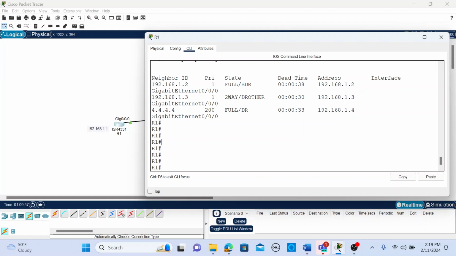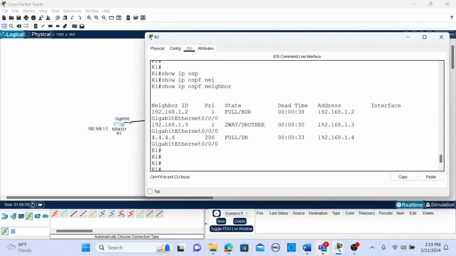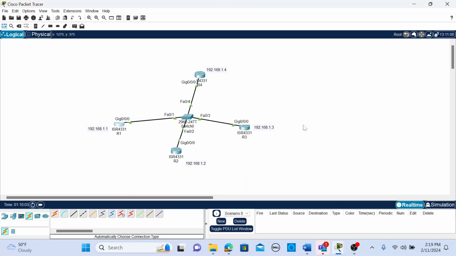So I think that's how you select the DR BDR election. I know I haven't talked about in what state this DR BDR election happens, but basically, a few things you have to remember: in order to become a DR or BDR, you need to follow some rules. The first rule is the highest router ID. Whichever router has the highest router ID will become DR,